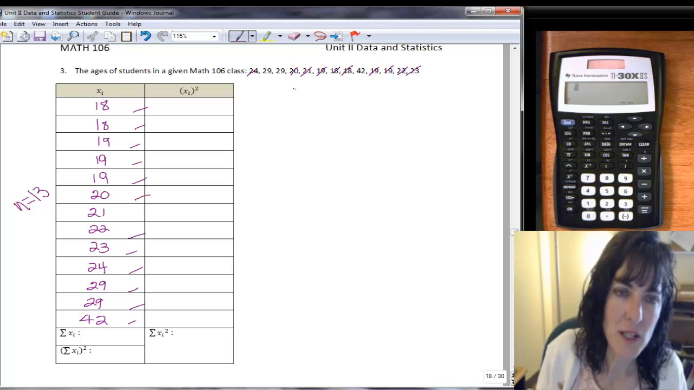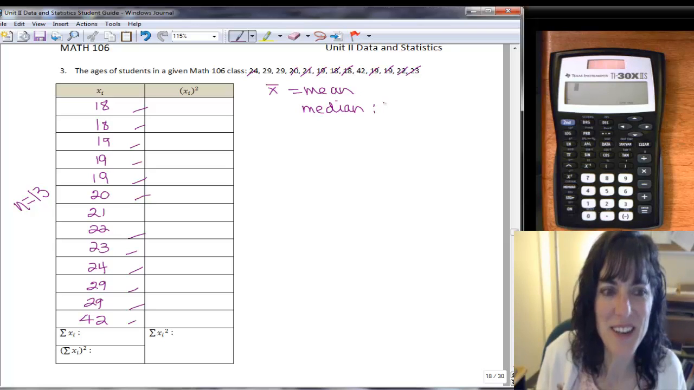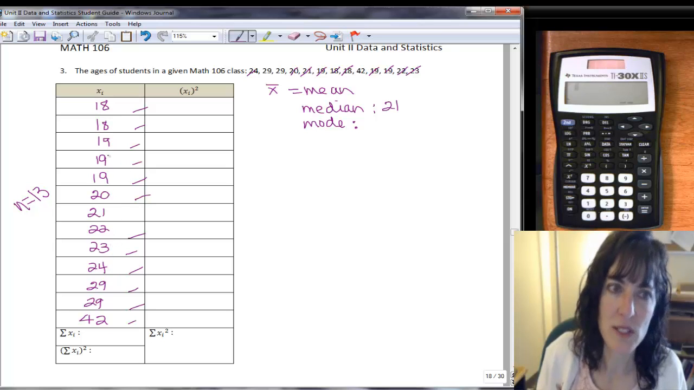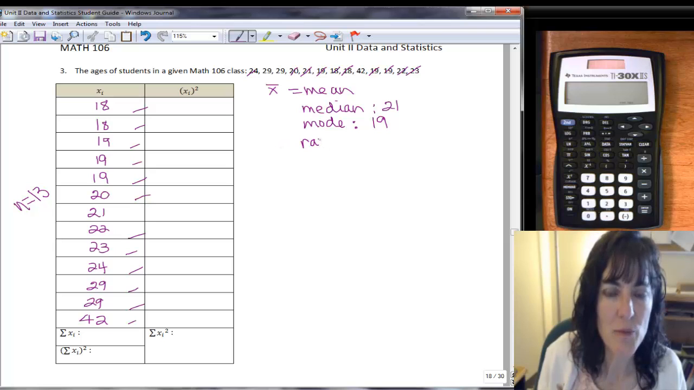So I need to find my x bar, which is my mean, and I need to find my median, which I just found, and it is a 21, and my mode, and the mode is the data that occurs the most often. I have 2 18s, I have 3 19s, so it looks like the 19 is my mode. 3 occurrences, and then the range,